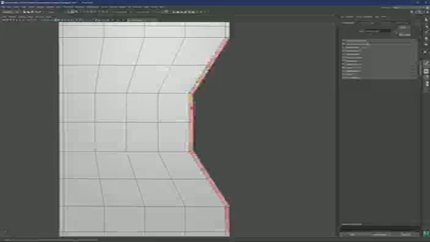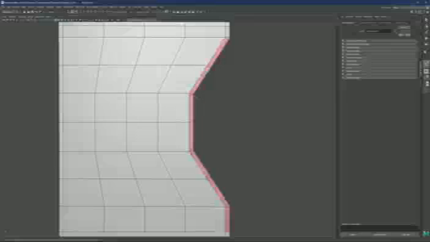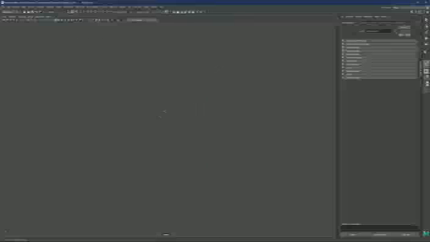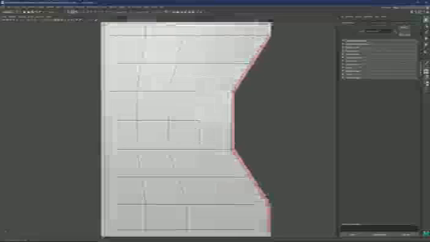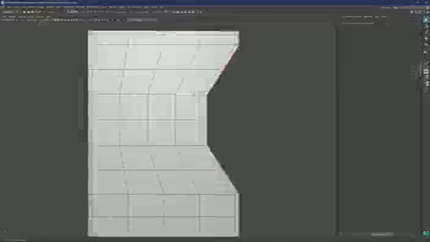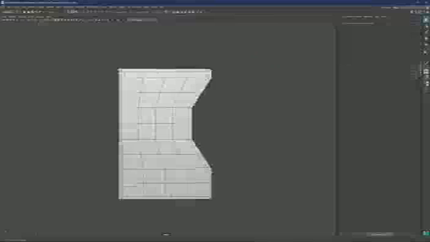So in this case, it would point like here. In this case, it would point in this direction. So in this case, it would point in this direction. So that is how we can organize our edge flow a bit better.